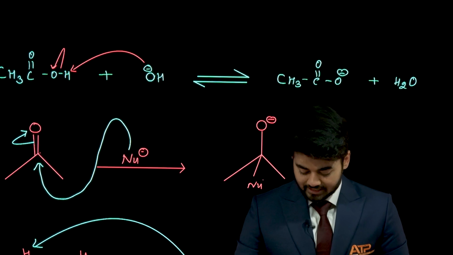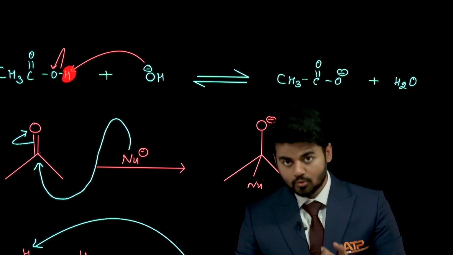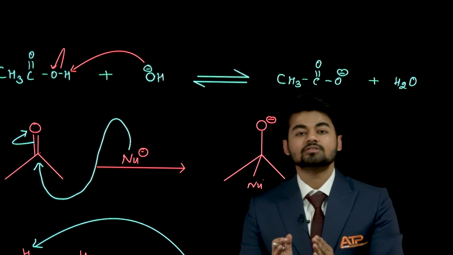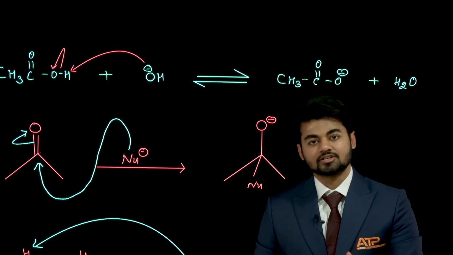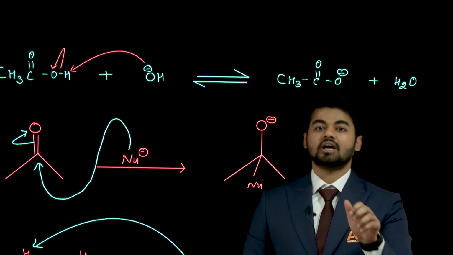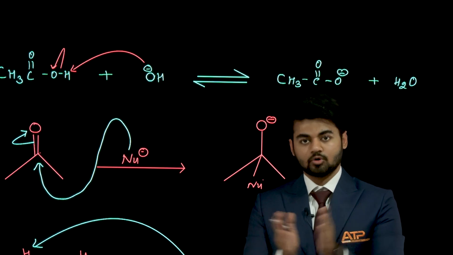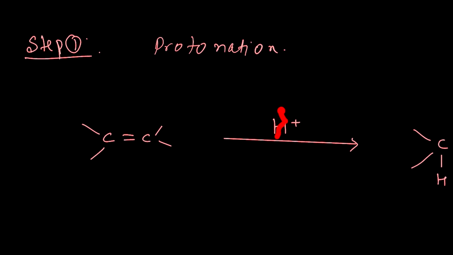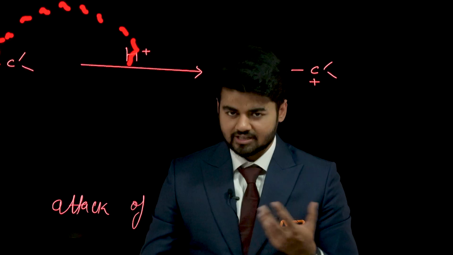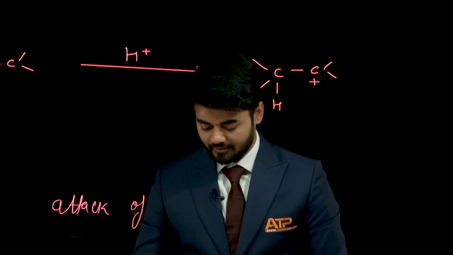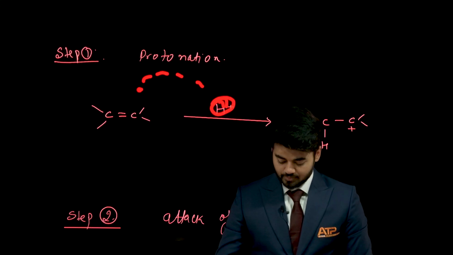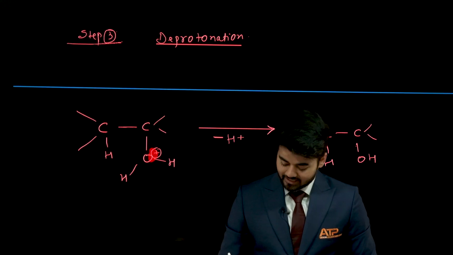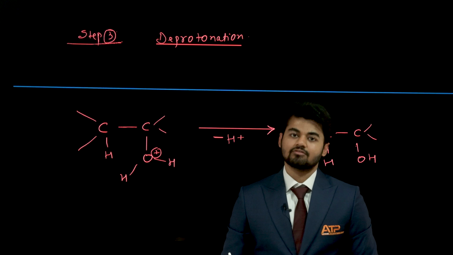It might seem that H plus is going to OH minus and forming water, but the arrows are drawn in the direction of electron transfer. OH minus donated electron to H plus, both of them became neutral, and H2O is one of the products. H plus is moving to one of the carbons based on the stability of carbocation. That is not what we are discussing right now. But yeah, the H plus will get attached to one of the carbons and will kick out one of the hydrogens in the form of H plus.